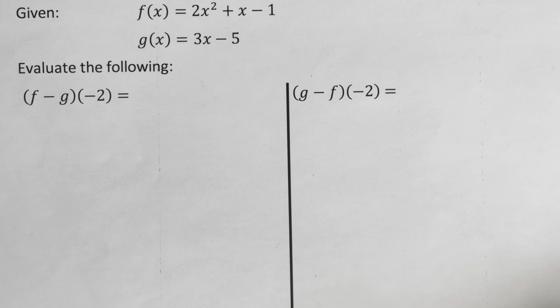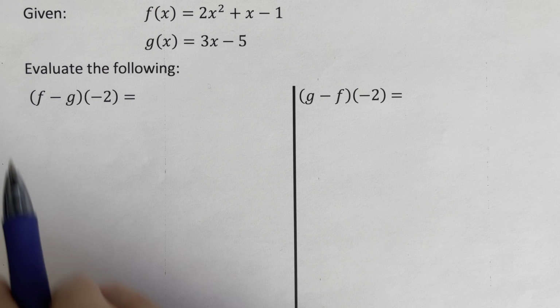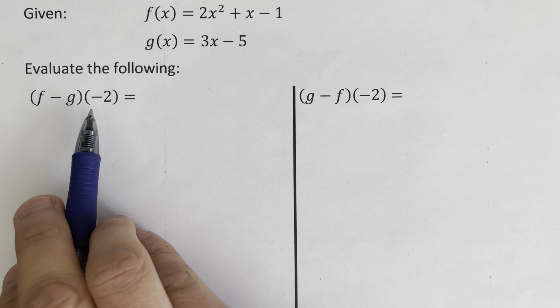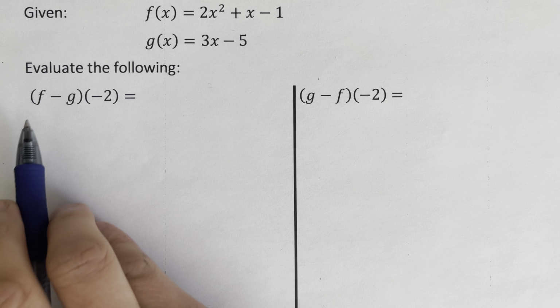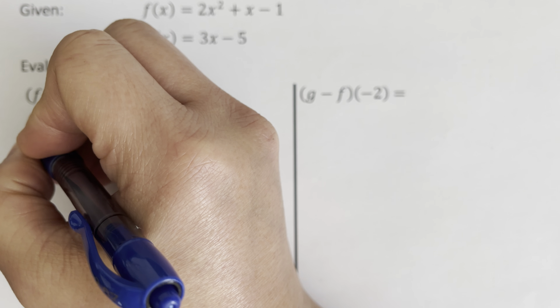So we are given the f of x again and then the g of x, and we are supposed to determine the f minus g of negative 2. So this f minus g of negative 2 can also be rewritten as